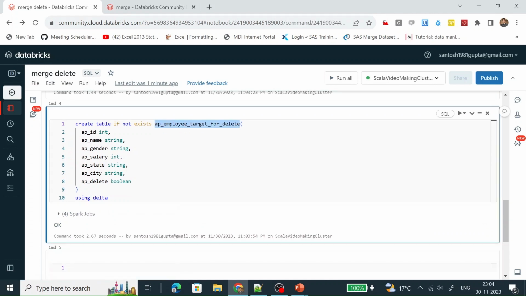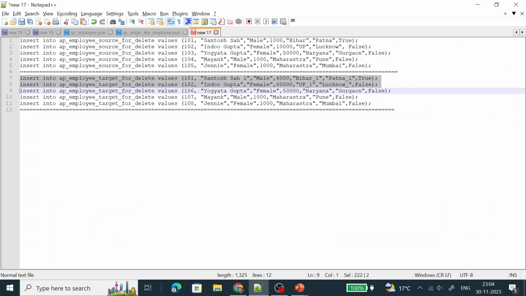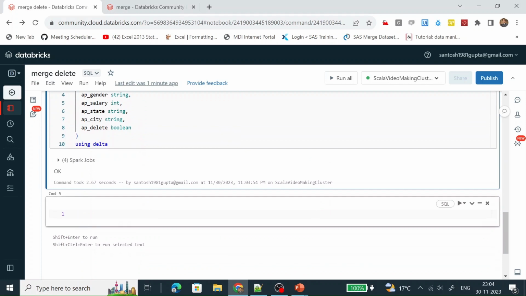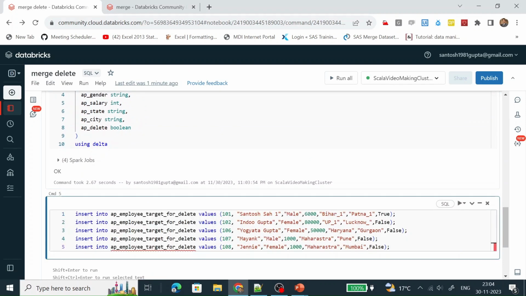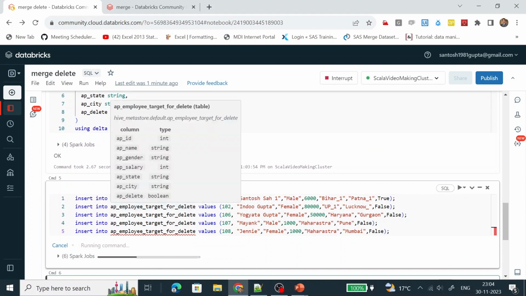We need to insert some data. So we need to create the insert statement. I have already created it. So let me copy and paste here. Let me run it.